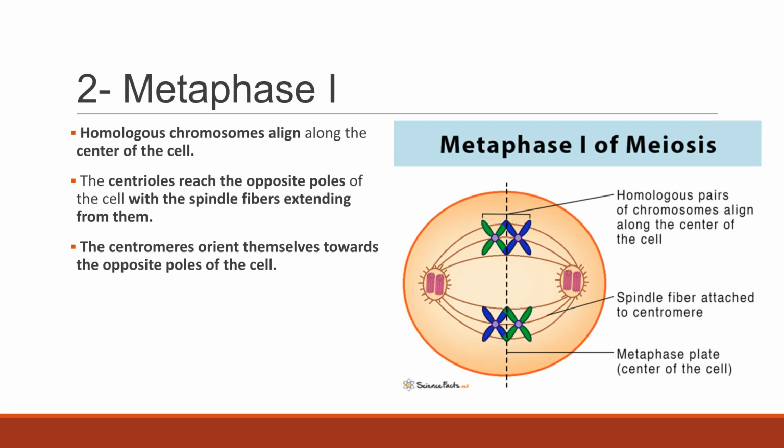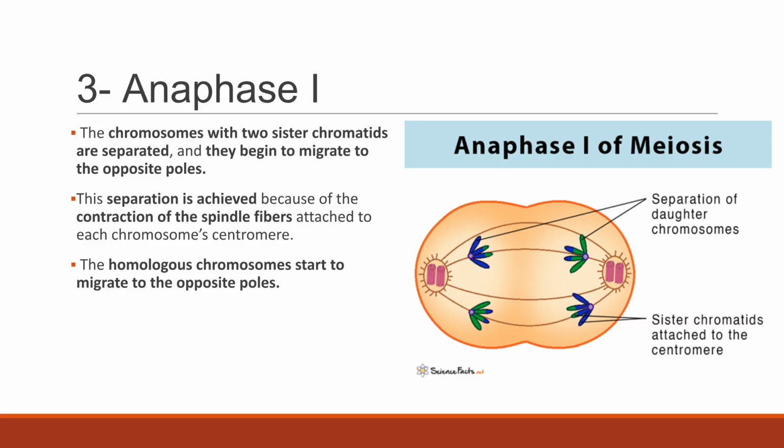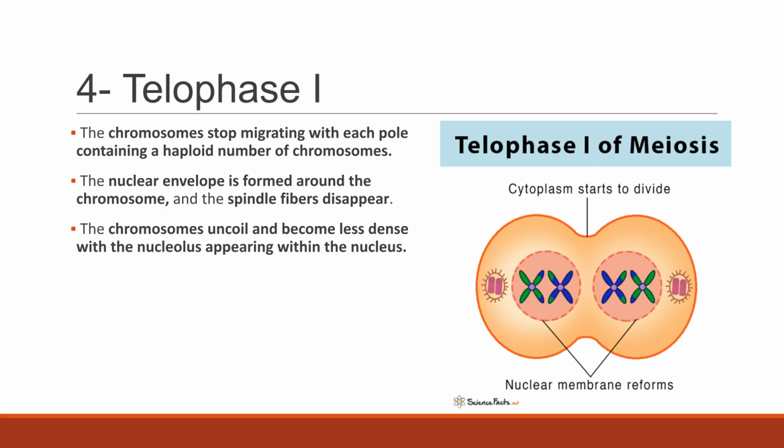In metaphase 1, homologous chromosomes align along the center of the cell. Centrioles are at opposite poles, with spindle fibers extending from them. The centromeres orient toward the opposite poles. During anaphase 1, homologous chromosomes with two sister chromatids separate and migrate to opposite poles due to the contraction of spindle fibers. In telophase 1,